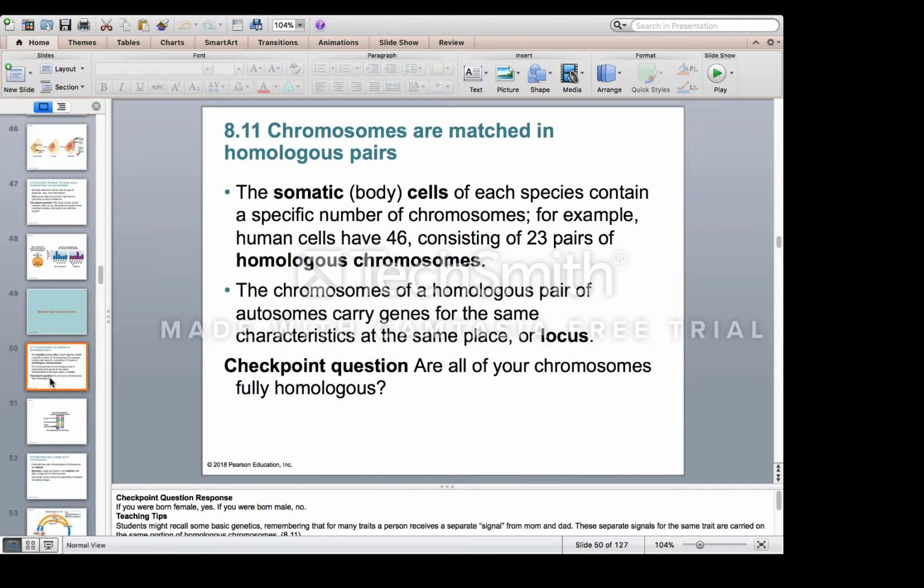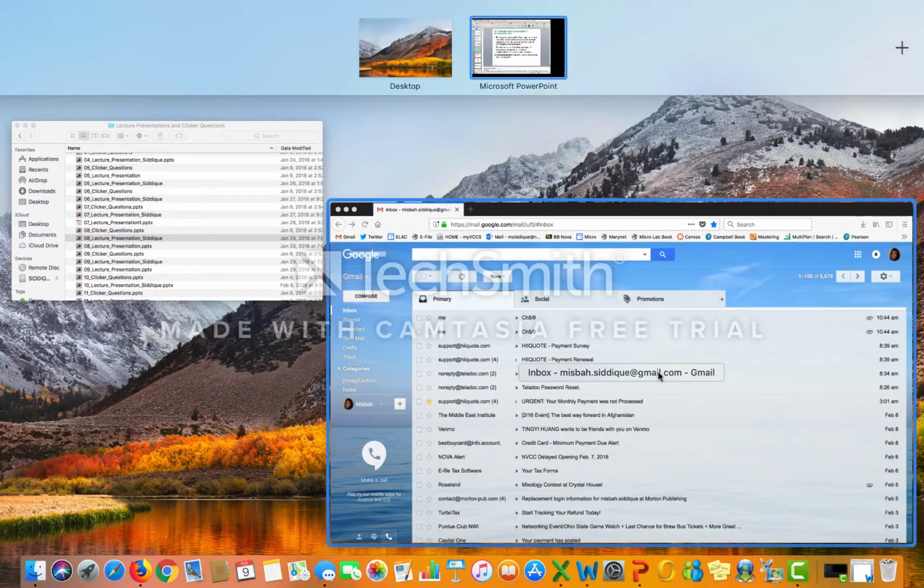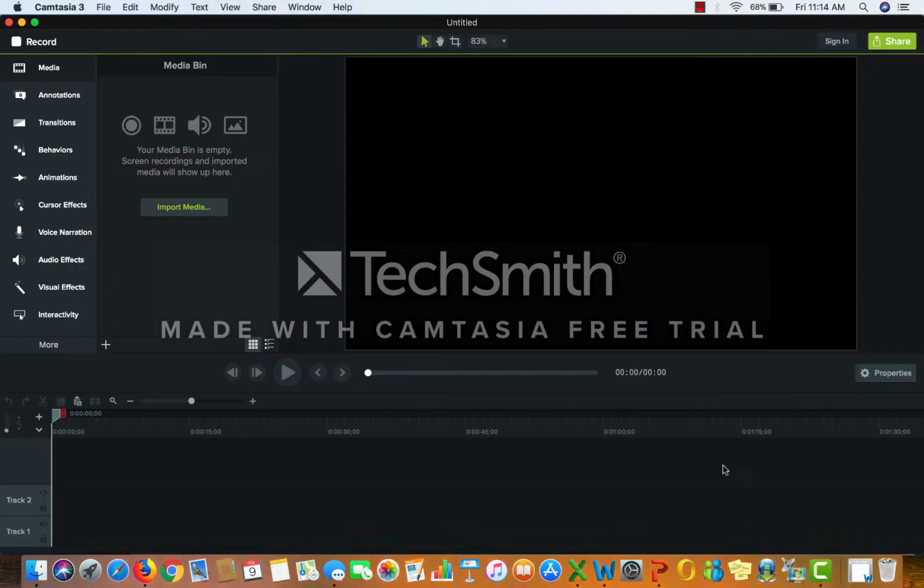Okay, so if we take a look at chromosomes themselves, a couple of things we have to observe is if the body is itself producing cells, then those are autosomal body cells. Those usually consist of 23 pairs of homologous chromosomes, 23 from mom, 23 from dad. One exactly is a human cell,